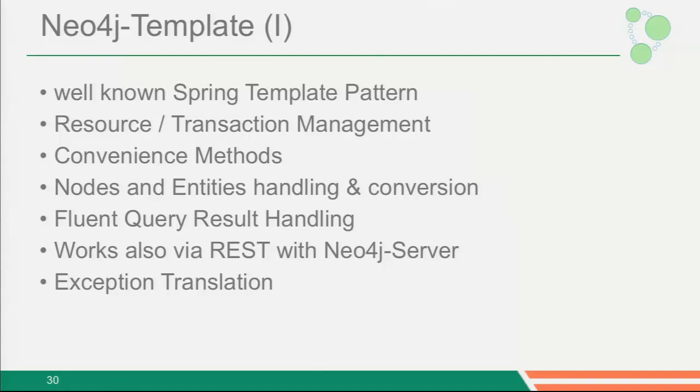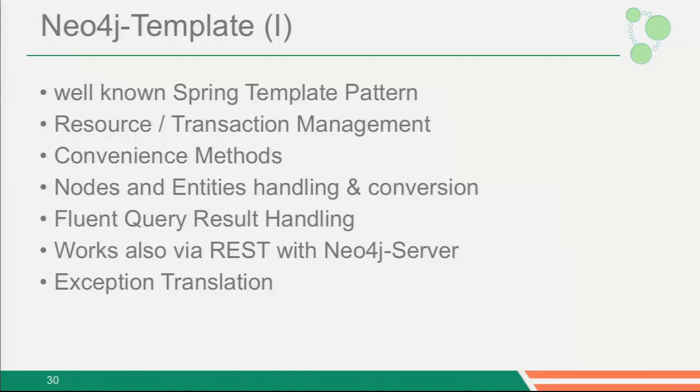What we added is, because we didn't like the explosion of methods, I think there's 73 methods in JDBC template or so, we rather opted for a small result handling DSL that allows you to take results in a more generic way and then convert it to any type and collection type and filter on those as much as you need and want. And the template also works, of course, with the server and so on.